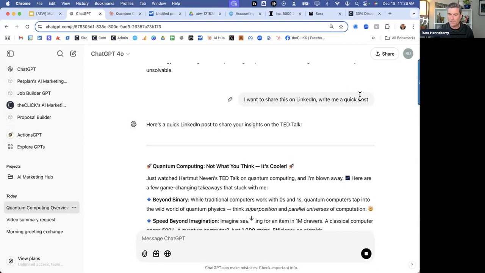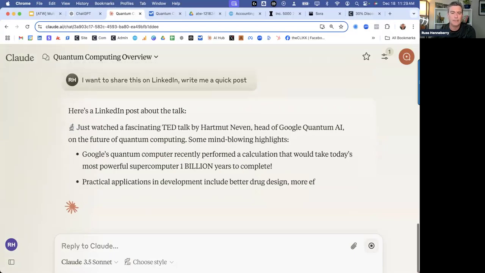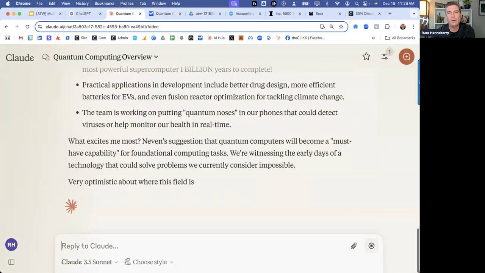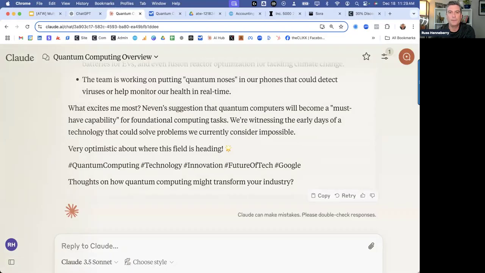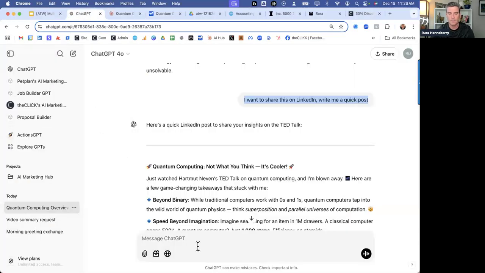Yeah, and I can run this in any model, and they're all going to be pretty dang capable of doing this. Now, if you've gone through the Click Pros AI Marketing Hub training, and you've trained the AI on your brand voice and all of that stuff, then you might say something like, rewrite this using my brand voice.